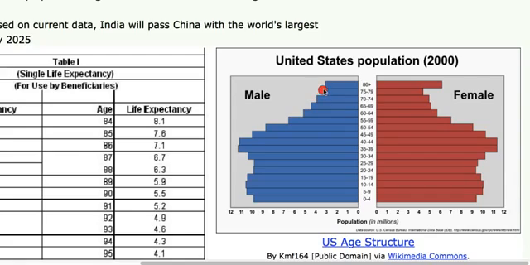And then the rest of the way up, you'll notice the boys are curving in pretty dramatically, and there's far more girls at 80, or women at 80 years of age, than there are men at 80 years of age. And that's typical. That's the effects of testosterone across a lifetime.